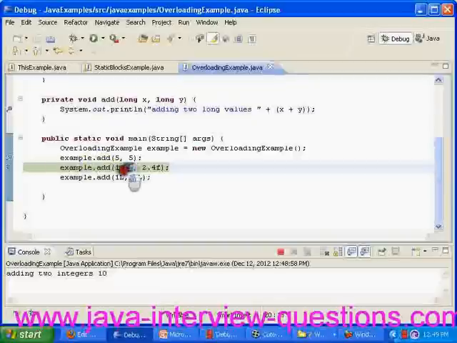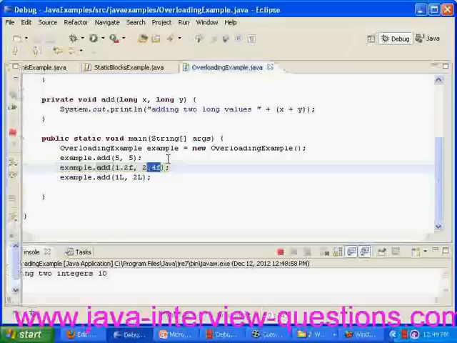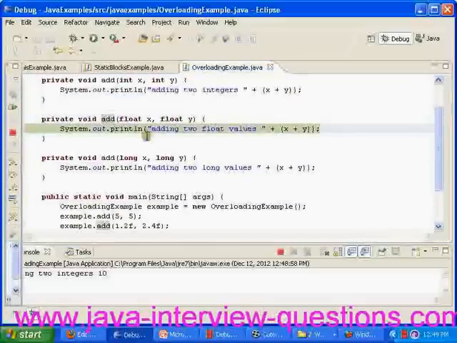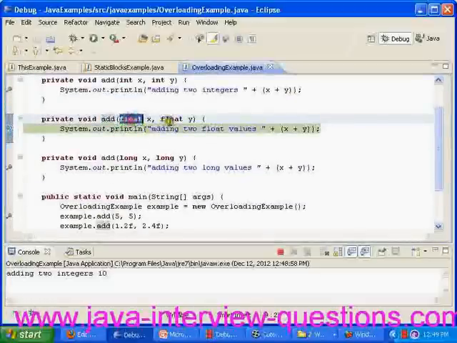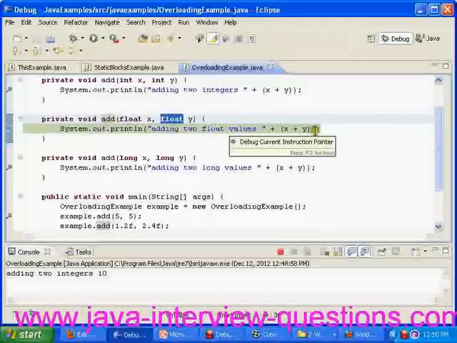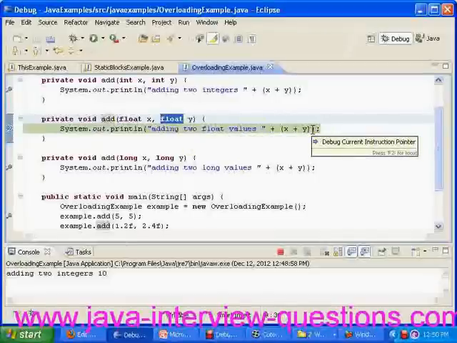Now example.add 1.2f and 2.4f, two float values. It will check the method name add with two float values, and it will call the corresponding method. The add method with float arguments is called, and we are printing add two float values x plus y.